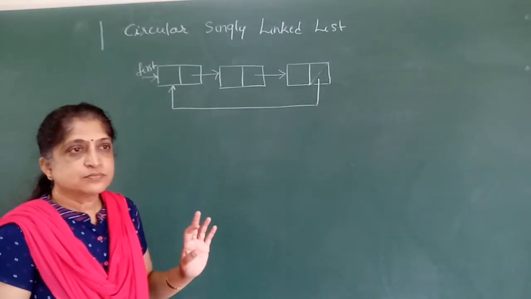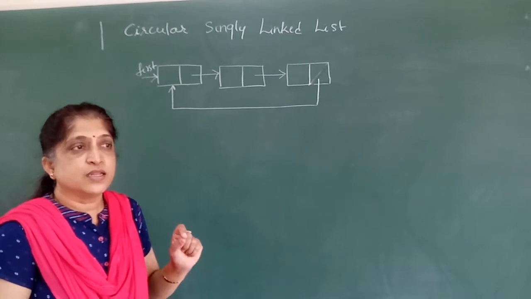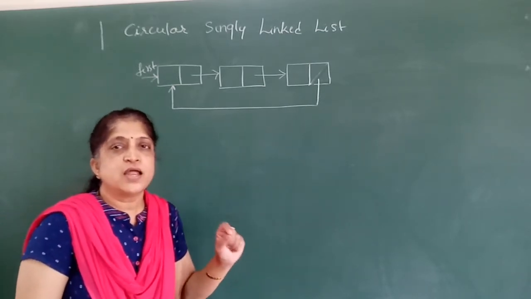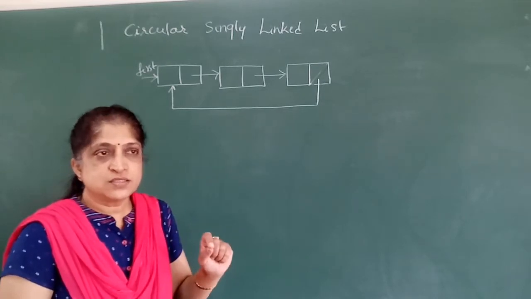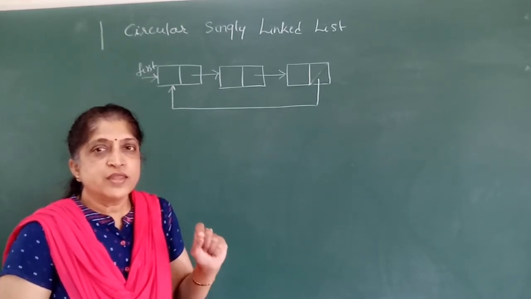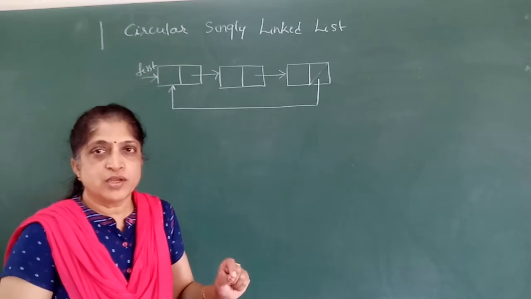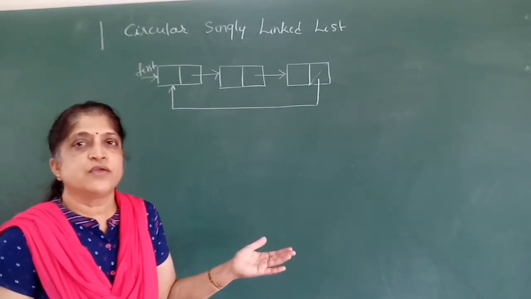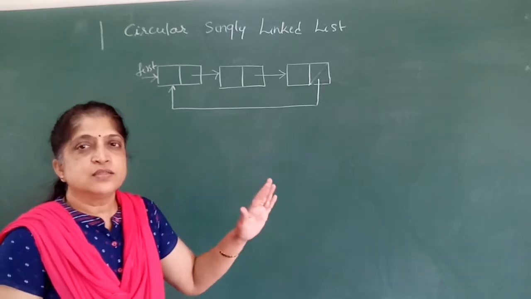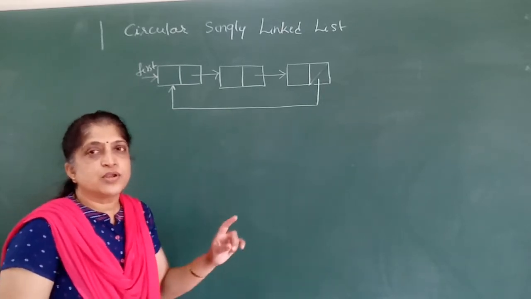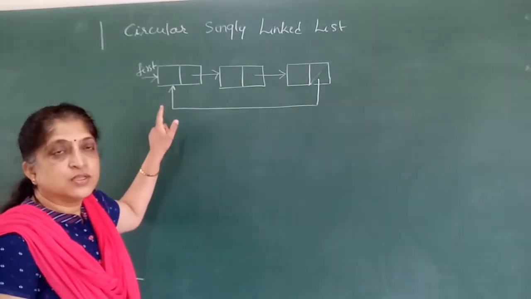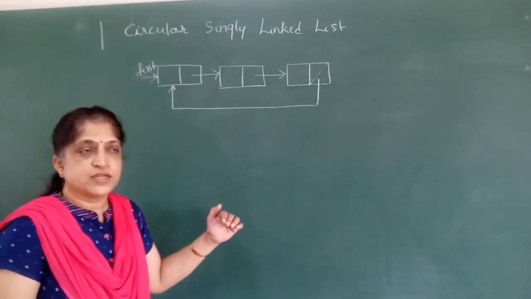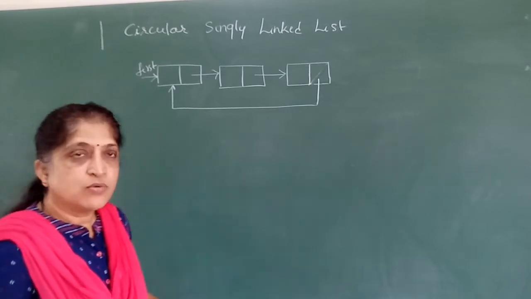If this is the case, then how do we insert the node at the front of the list and at the end of the list? Let's see where we should maintain an external pointer to this list so that the list can be used efficiently. Currently, the external pointer is pointing to the first node. Let us see inserting a node at the front of the list and at the end of the list. Let us see how it looks like.